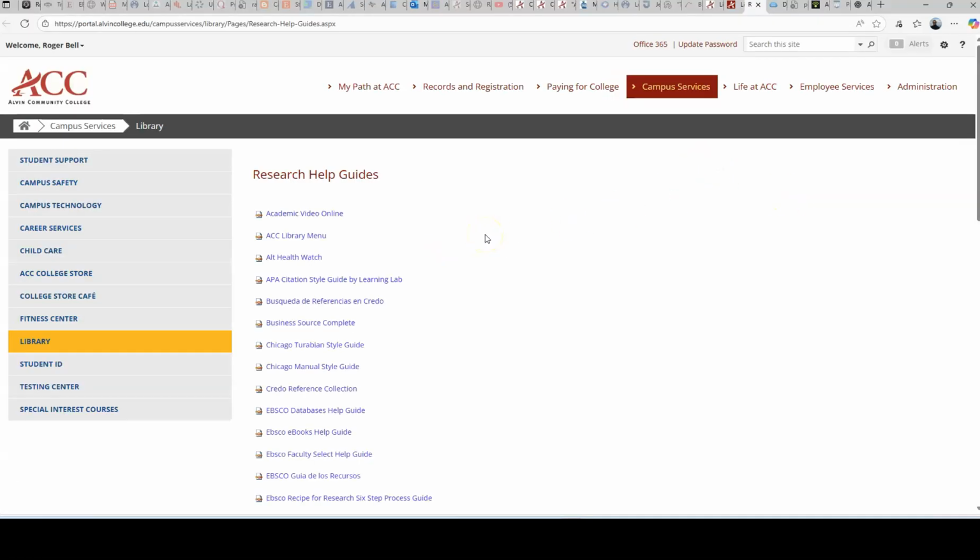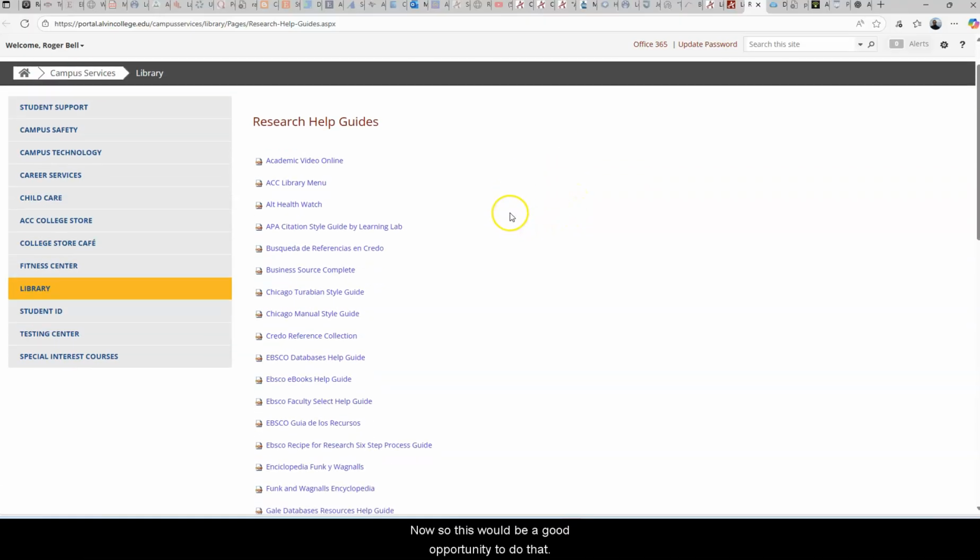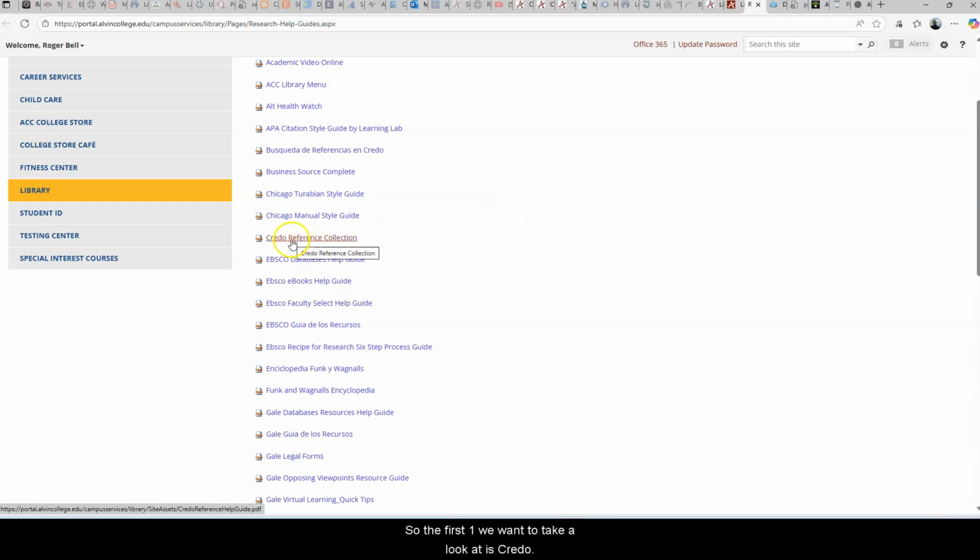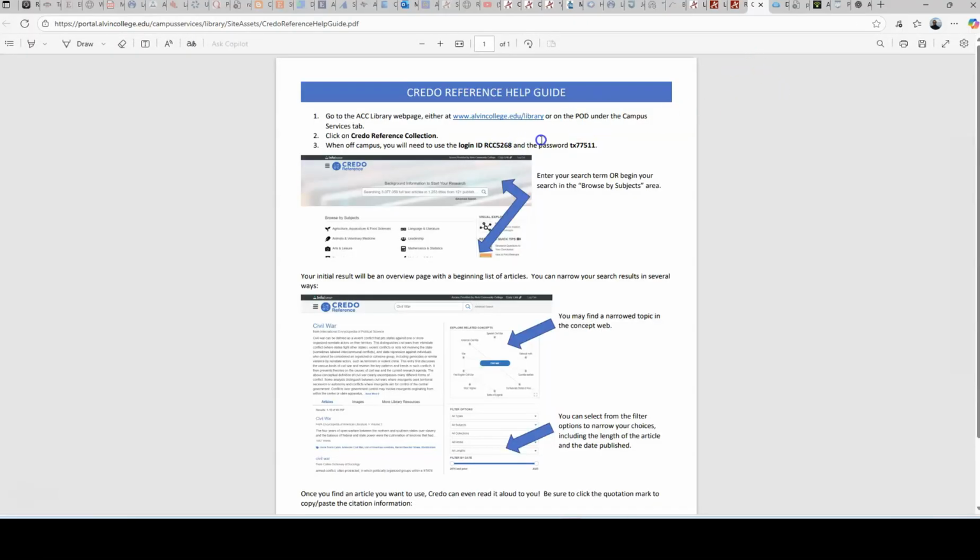And we will need to download some of these for you now, so this would be a good opportunity to do that. So the first one we want to take a look at is Credo Reference Collection, right here. This is what it looks like. Here's the login and ID. I would save this to your computer